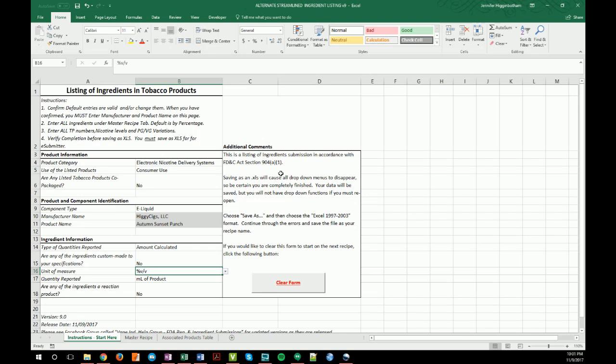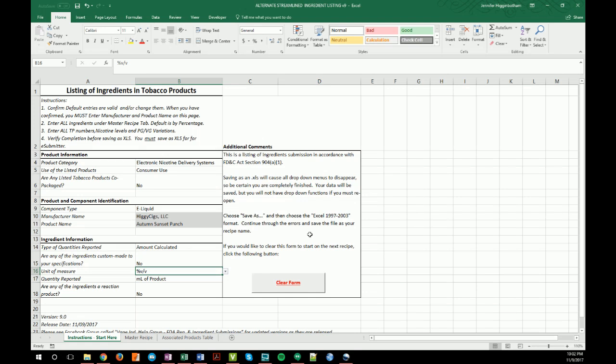And when you do that, all of the drop-down features are going to disappear. So once you've completed this, you need to come back here, save it as an XLS. These are the instructions. Choose Save As and then choose Excel 1997 to 2003 as your format. And there'll be errors that you can just continue through,